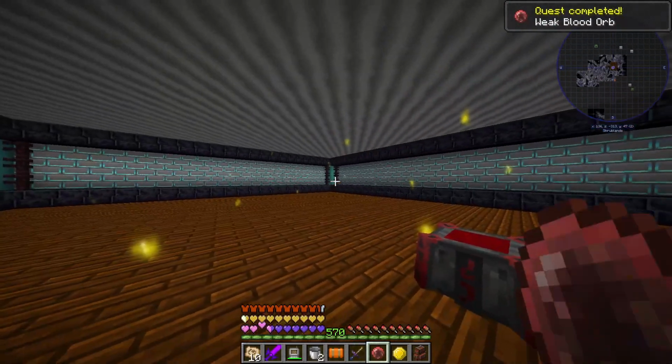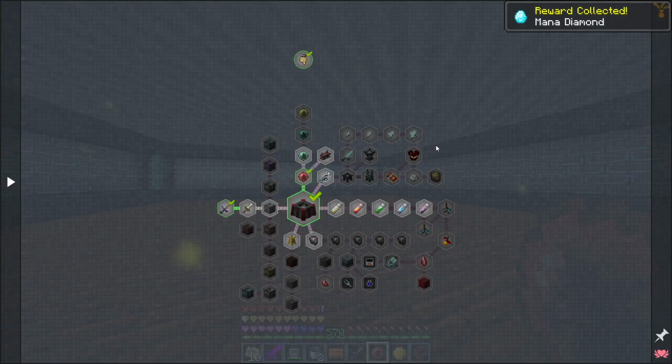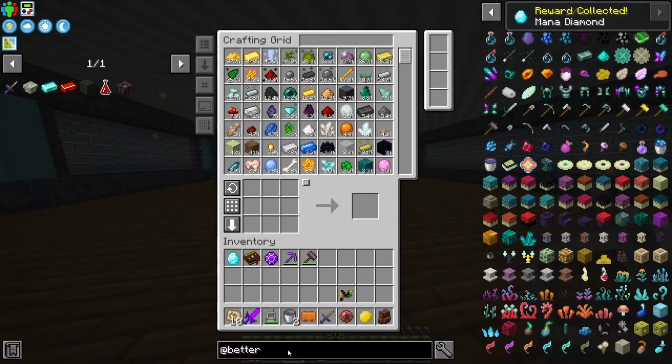We've got our weak blood orb. Just right click it to bind it to ourselves. It gives us our mana diamond back. We should now be able to make